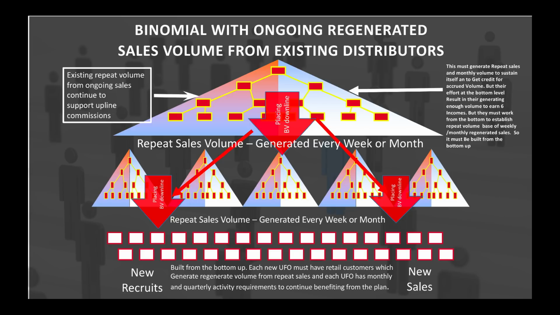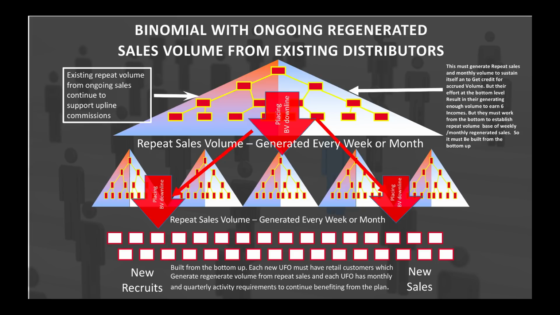Doesn't that make sense? So when that happens and there's repeat sales, the mid-tier is already generating repeat sales. The bottom layer adds to it and secures that, and the top layer automatically has the volume. Of course, they're carrying their load too, but at each level, top layer, middle layer, and bottom layer, everybody is earning retail profits and generating volume so that you don't have to recruit exponentially larger numbers of people at the baseline in order to keep earning in the middle layer and the top layer.